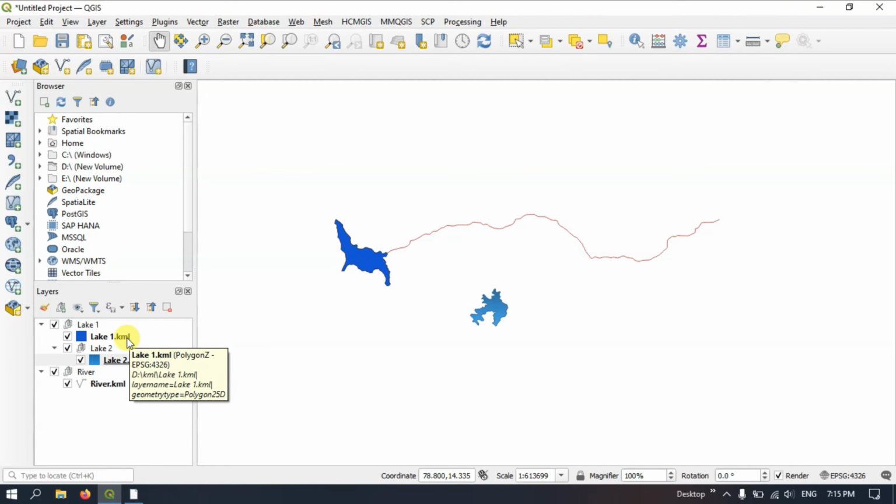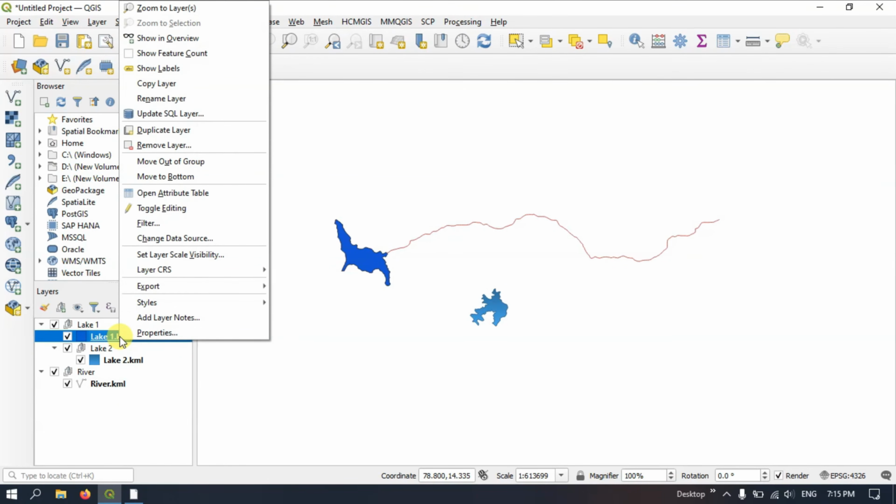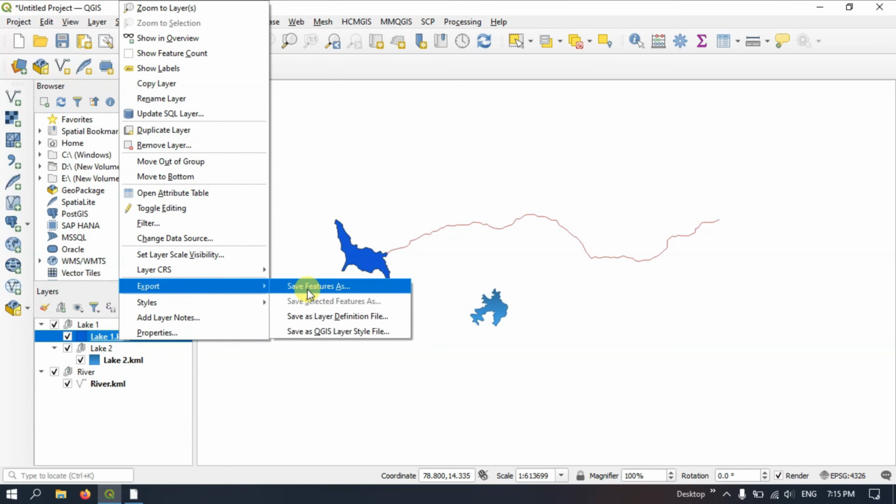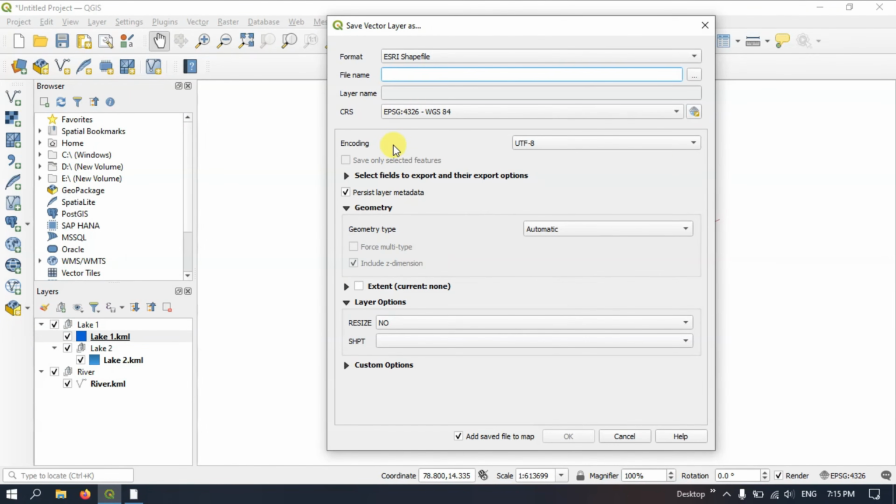You can also easily export these layers by right clicking on this lake1 KML. Go to the option Export. Now select the option Save Features As. Here we are going to save it in ESRI file format, that is shapefile, and we're going to give a name for it. So it is lake1,